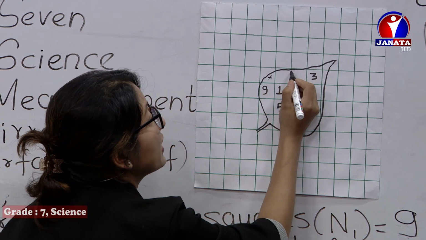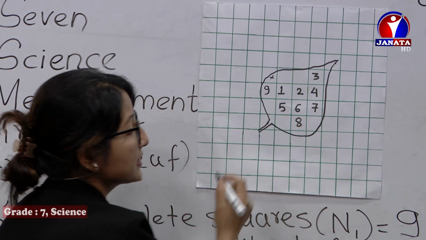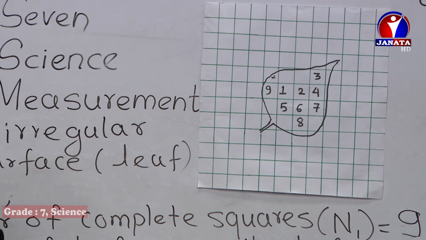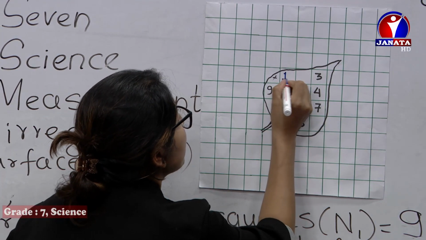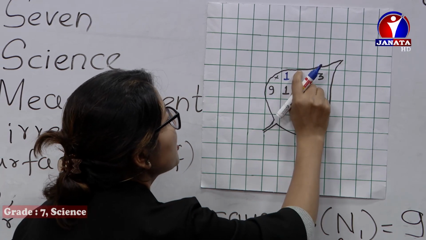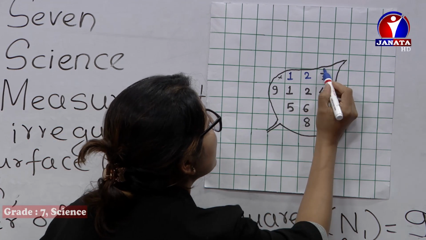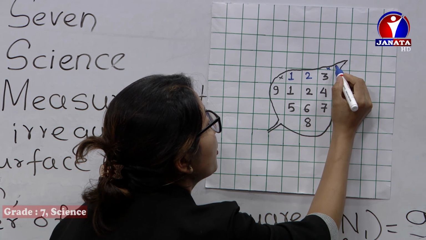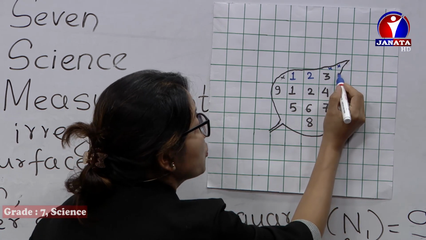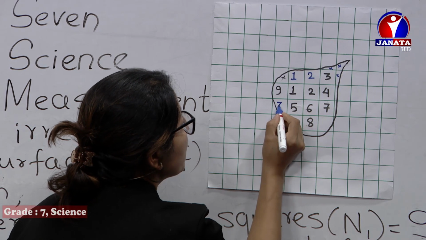Then this is more than half. This is a full square, so we count this as 1. Let me use another color so that we don't get confused. Let's take this other one as 1. It's also nearly, yeah, let's take this as 2. Now this is very small, less than half, so we do not count this. We ignore this as well. This is also very small, smaller than 1, so we ignore it. Now here, it's 3.